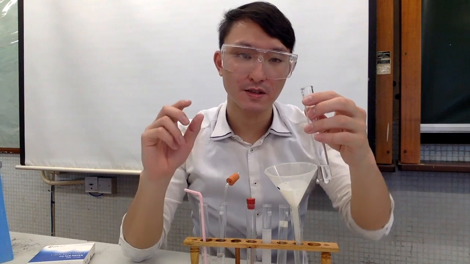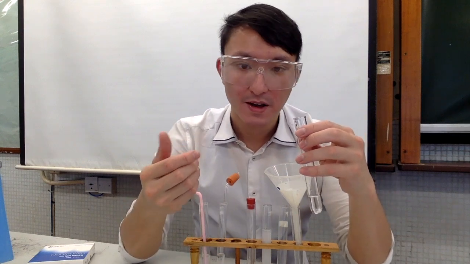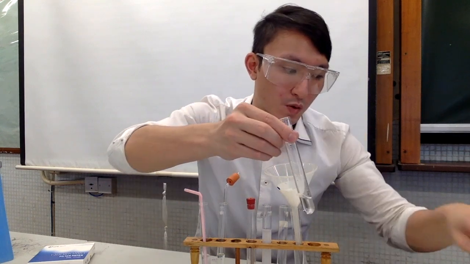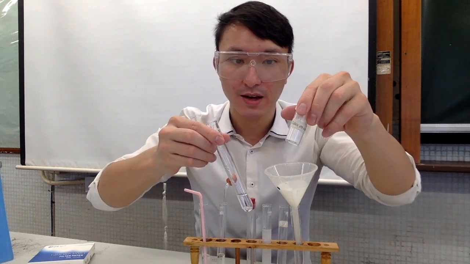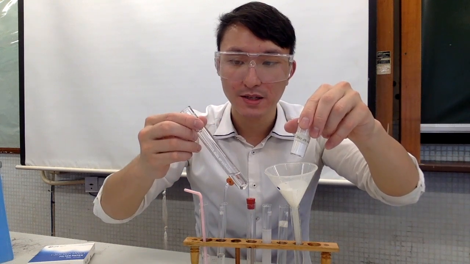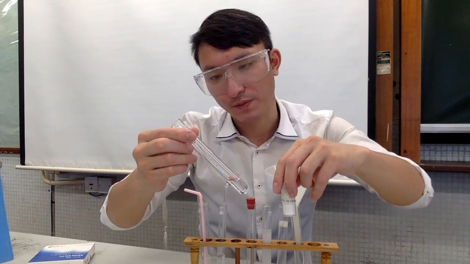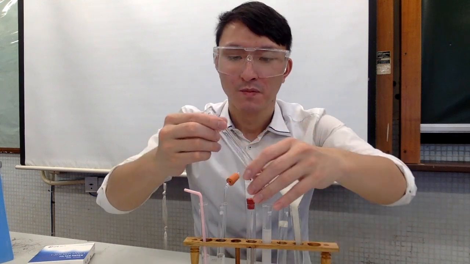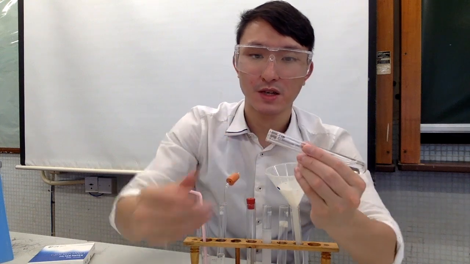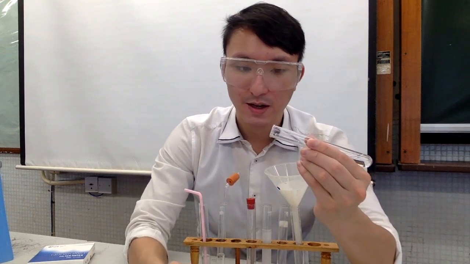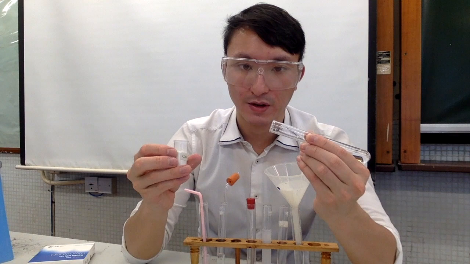Now, here is the more technical part. What we're going to do next is we want to add some calcium carbonate to the test tube, but we don't want it to mix with the acid. So how do you do that? Well, the trick is you kind of tilt the test tube like this, and then you open up your calcium carbonate,